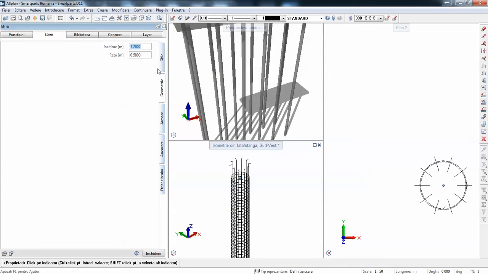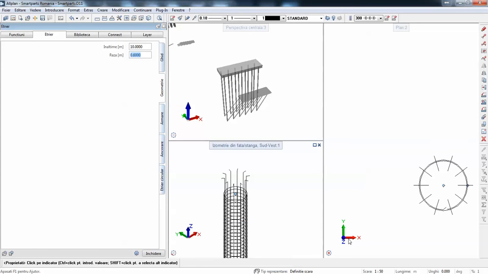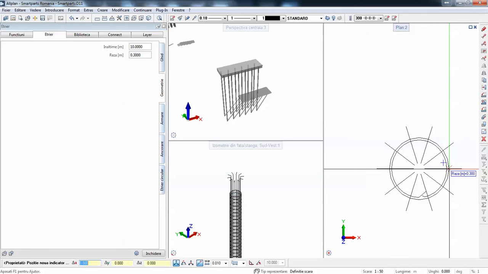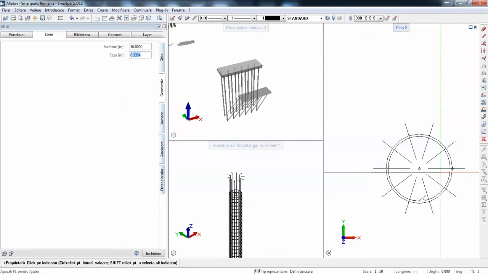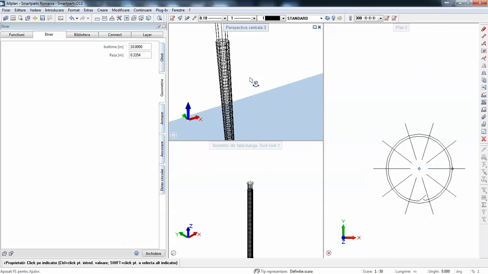Then there we have the geometry, which can be 8 meter, 10 meter, the geometry of the pile. Then there's the radius of the pile, so I can control here the radius, or I can control the radius even here, so it will automatically update this reinforcement gauge.